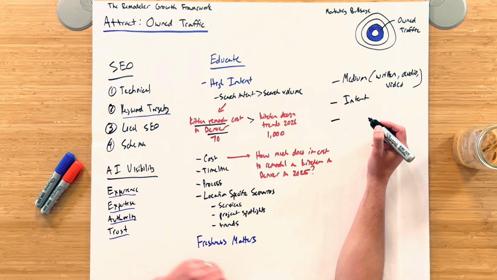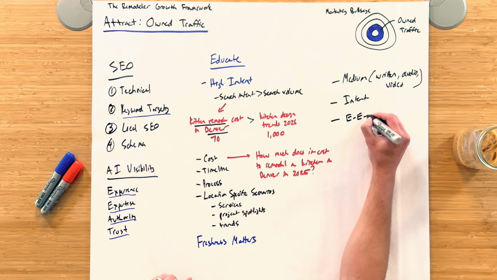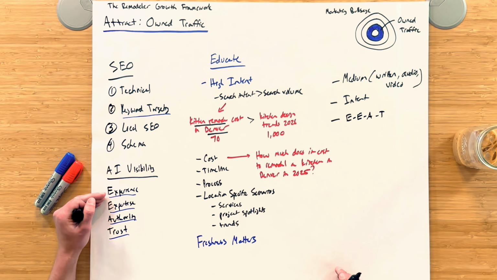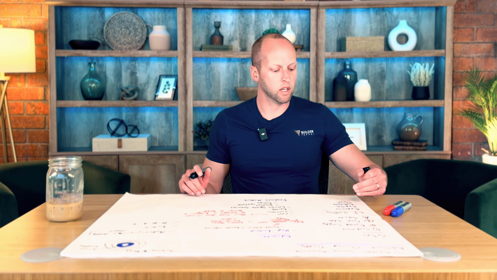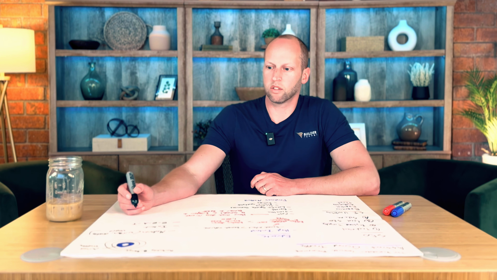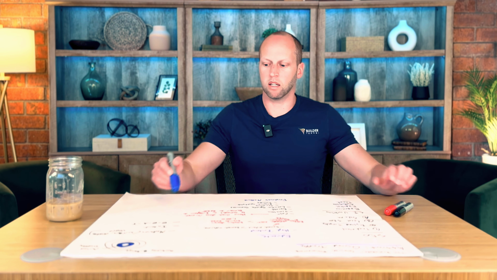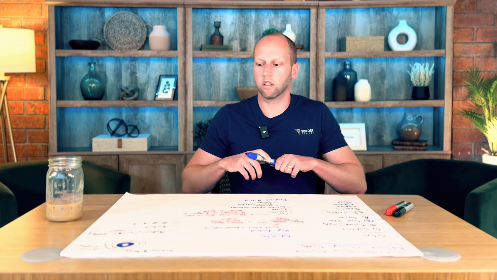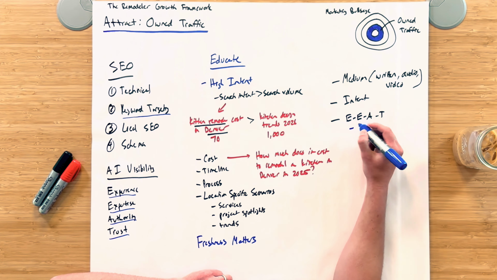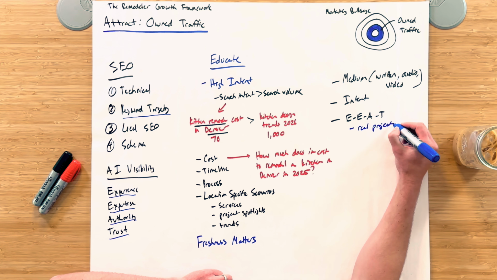And then we're going to think about our EEAT here. That's going to be a reference point for how can we demonstrate in this content that we're creating our experience? How can we demonstrate expertise? How can we build authority? How can we build trust? And just as a refresher, some of these points that you want to be able to bake into your website, your blog content, your videos, anything that you're creating, are going to be real projects with local information and specific information to your area.